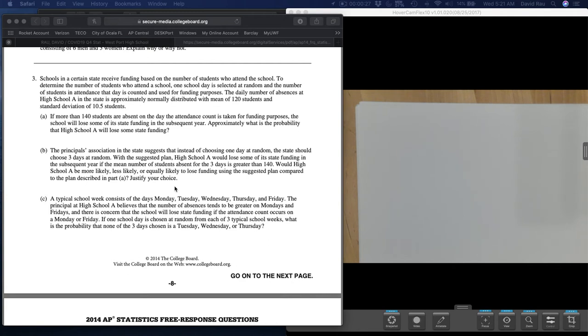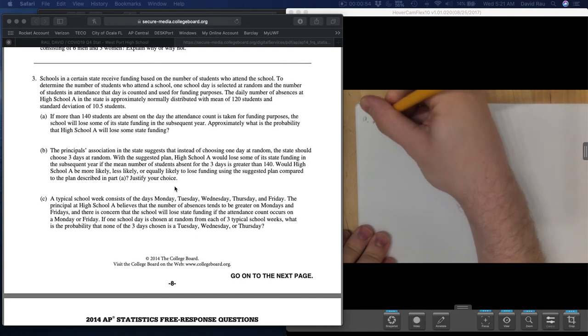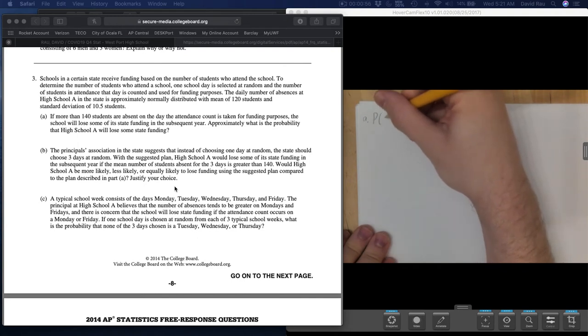Daily number of absences. Okay, so we've got some normal distribution stuff going on along with some probability. If more than 140 students are absent on the day attendance is taken, the school will lose some of its state funding. Approximately, what is the probability high school A will lose some state funding? In other words, if they lose funding, that is the same as finding the probability that, I'm going to call it